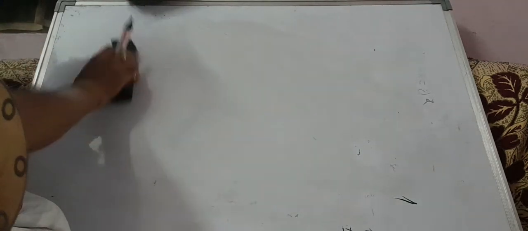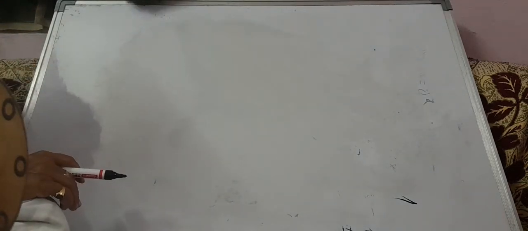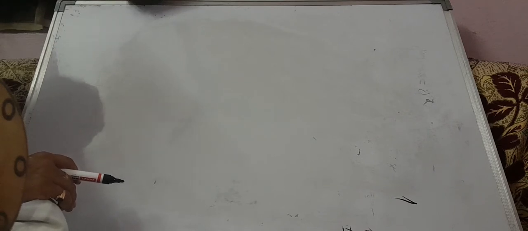Okay, 7th class children, you have one chapter, triangles and its properties. So till now the class, 11 minutes is over. In these 11 minutes you learned about the types of triangles according to sides and according to angles. So one property I will explain and I will end this class, and in the next class we will learn about the sum of the angles of a triangle. So what is that property?